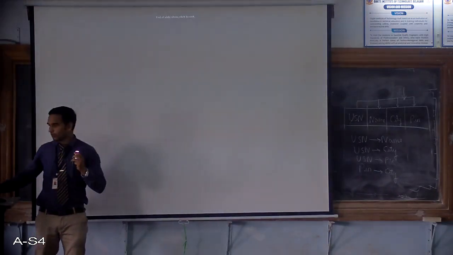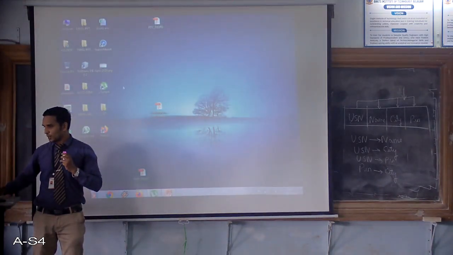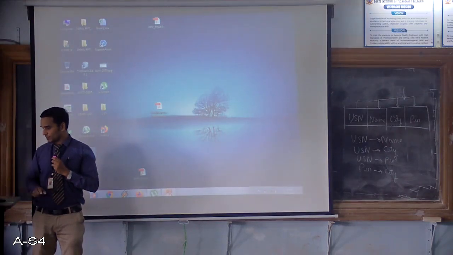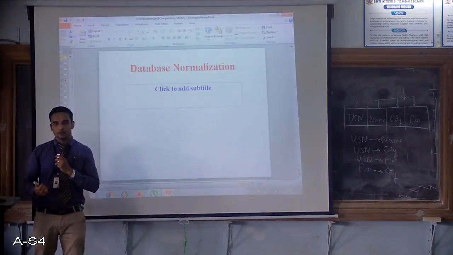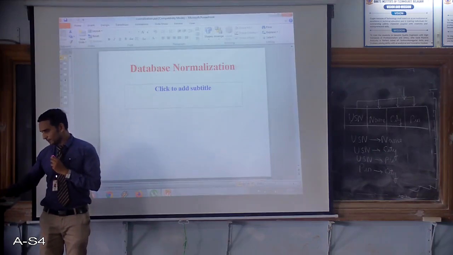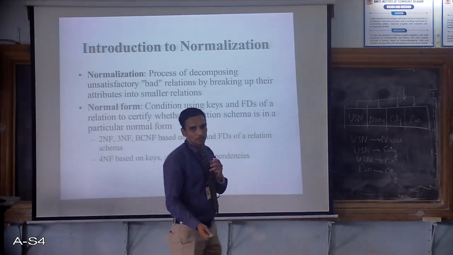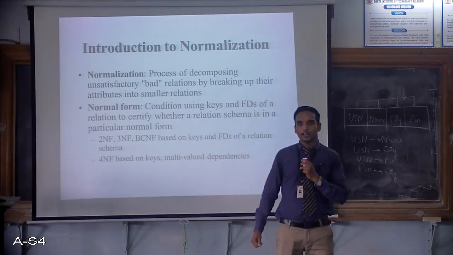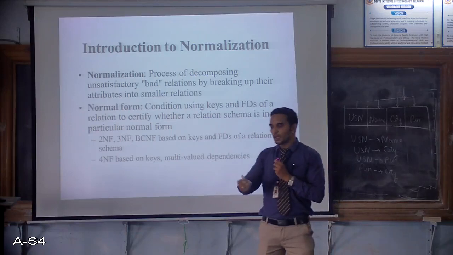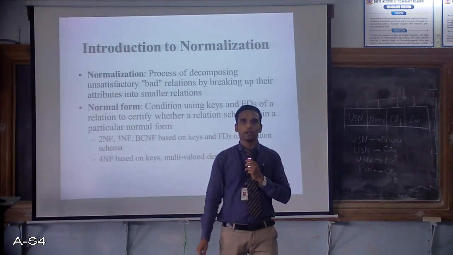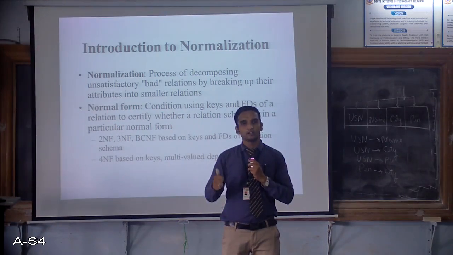Because this is the concept which helps me go to the next part, which is called normalization. Is this clear now, what we studied in the initial part? Initially we studied good and bad relations. If you include everything in a single table, it is called a bad relation. So how can I make a good relation? By following a few guidelines. The first is the semantics of attributes: a relation should be named properly, entities and attributes should be kept separately, proper naming conventions should be given, and one attribute of a table can relate to another attribute only with the help of a foreign key. This is the first guideline.